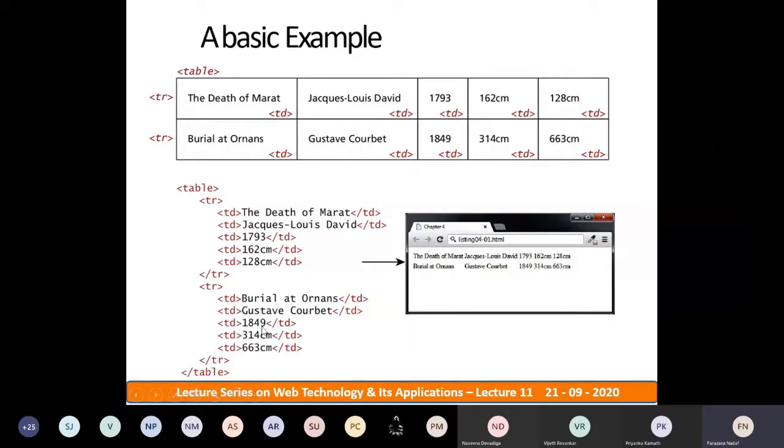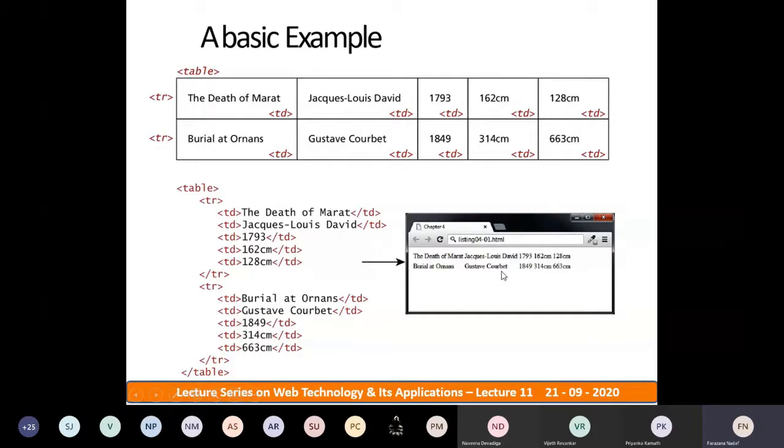Just look at the output of this. When you run this in a browser, you will get the output in this fashion, because some browsers do not support the border of a table. So the default border size is 0. The default border size is 0. So only the border of the table is not visible in the output. Just look at the output of a browser. Just see, in that there is no table border, right?